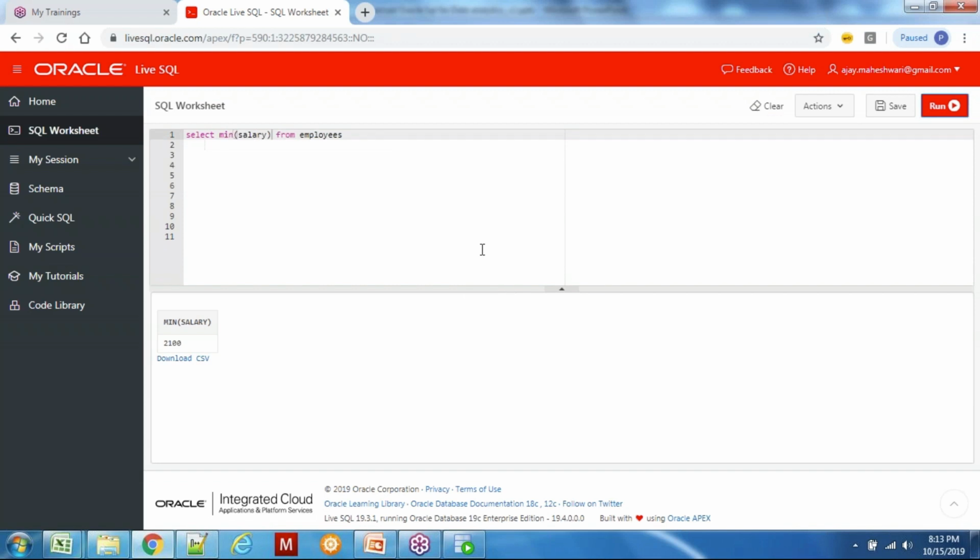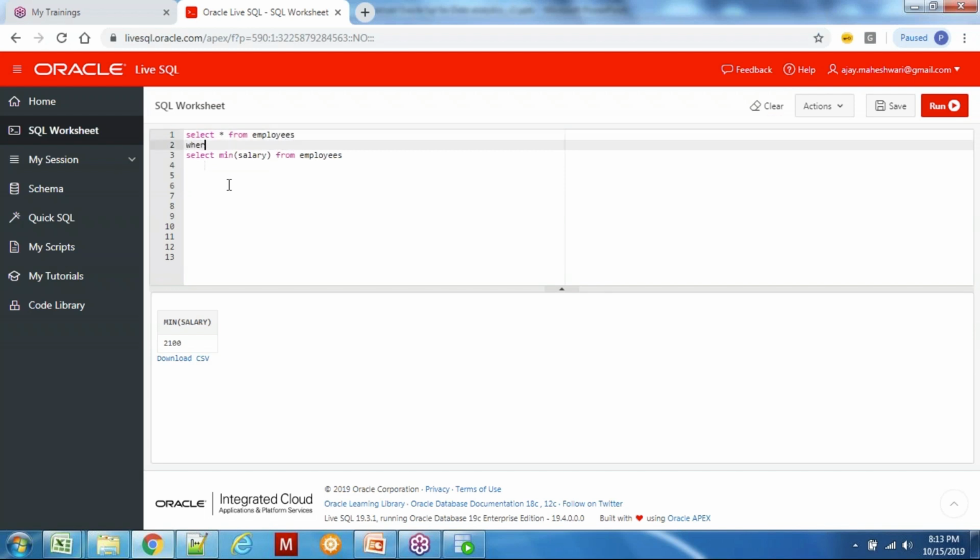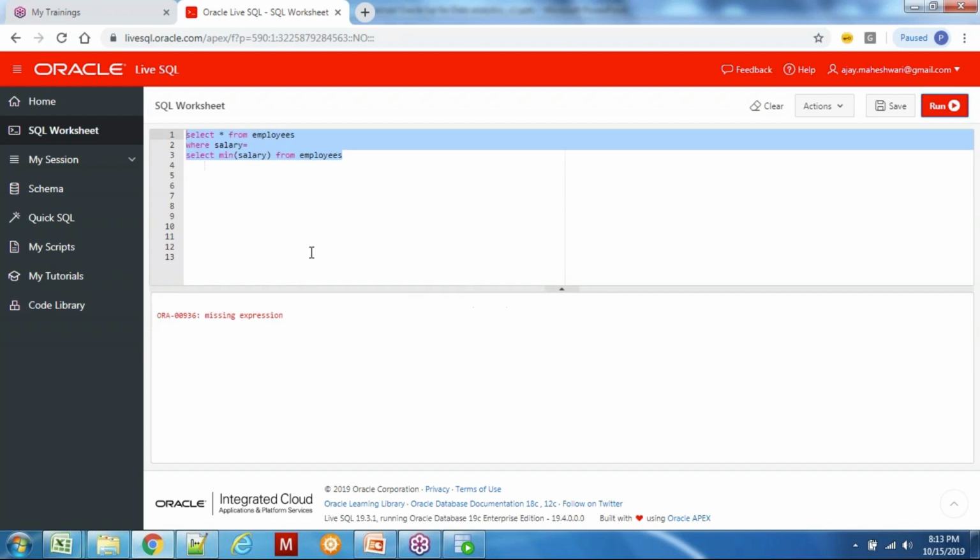So what I used is a group function here. And then what I say is, I want to know how many of my employees earn this amount of salary. Select star from employees where salary is equal to this minimum amount of salary. Okay, where salary is equal to this minimum amount of salary. And it says missing expression. Why? Because we haven't put brackets,